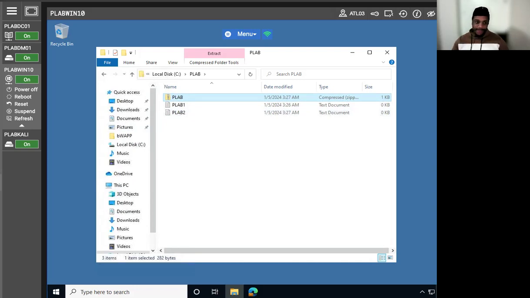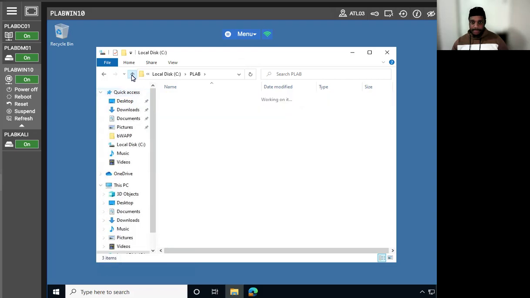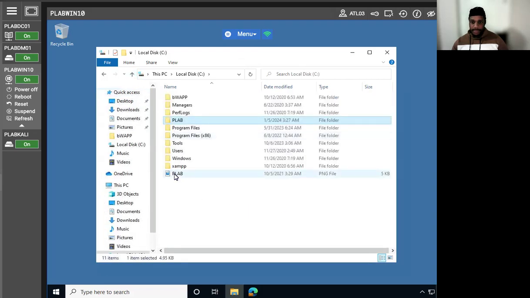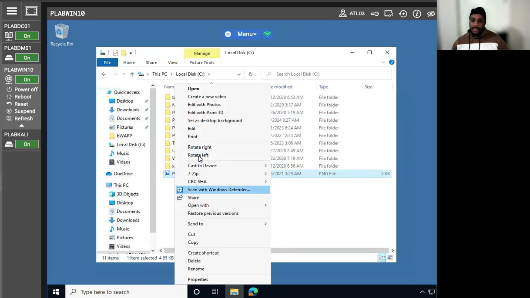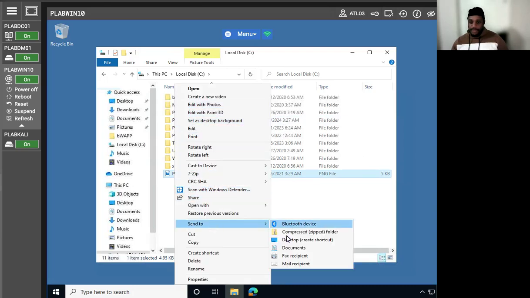Now I'm going to need a graphic file that I need to copy to this folder. So for the sake of this lab, a graphics file has already been downloaded from Google. We can download any graphic file of our choice, as far as real world scenarios, into our folder here. So for this demonstration, I already have a graphic file. Yep, there it is. I'm going to move it instead of